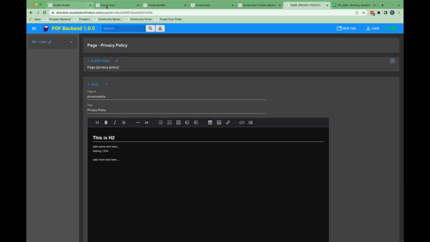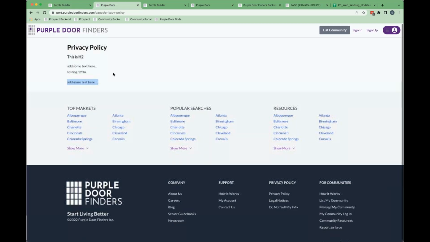So we can decide which links can be simple like that. Here we can have links and photos. This is just markdown. It can be whatever markdown can have: tables, images, sections, all sorts of things. But we need to decide which pages are like that. The advantage is that it's dynamic.